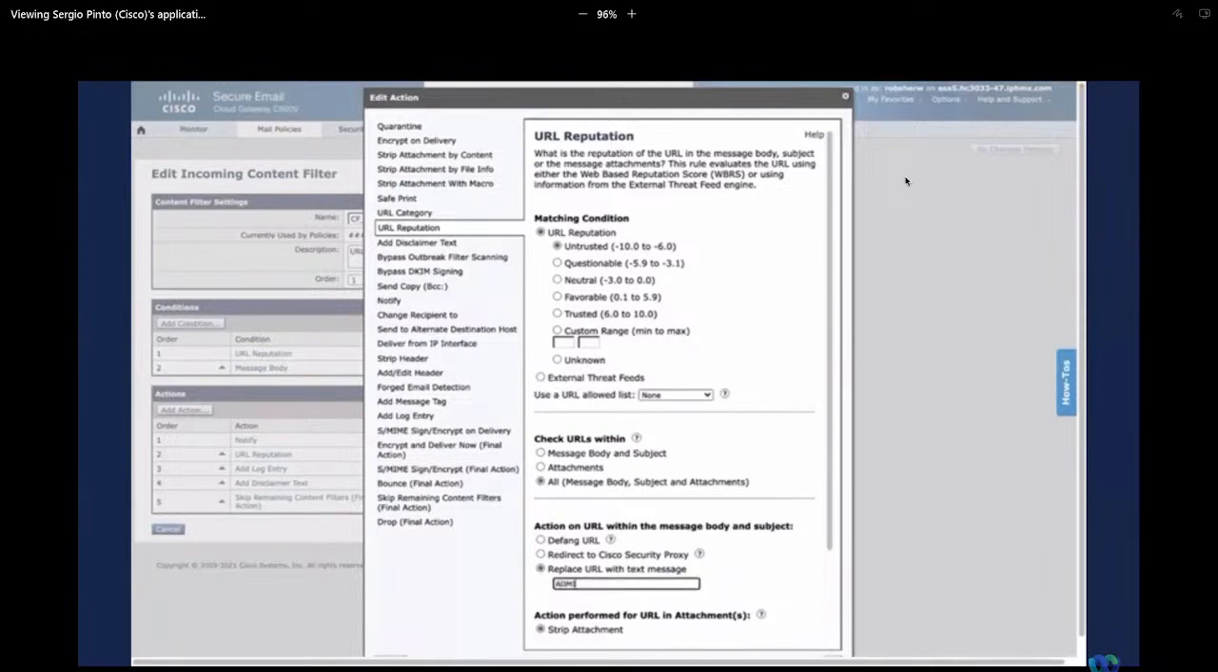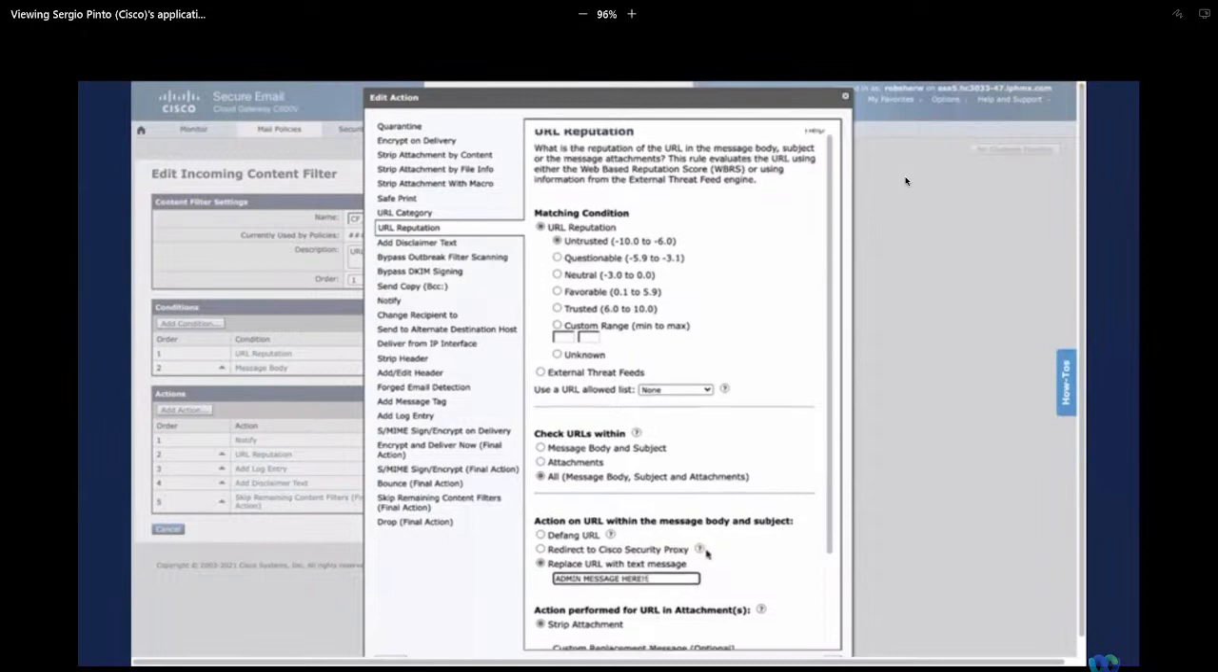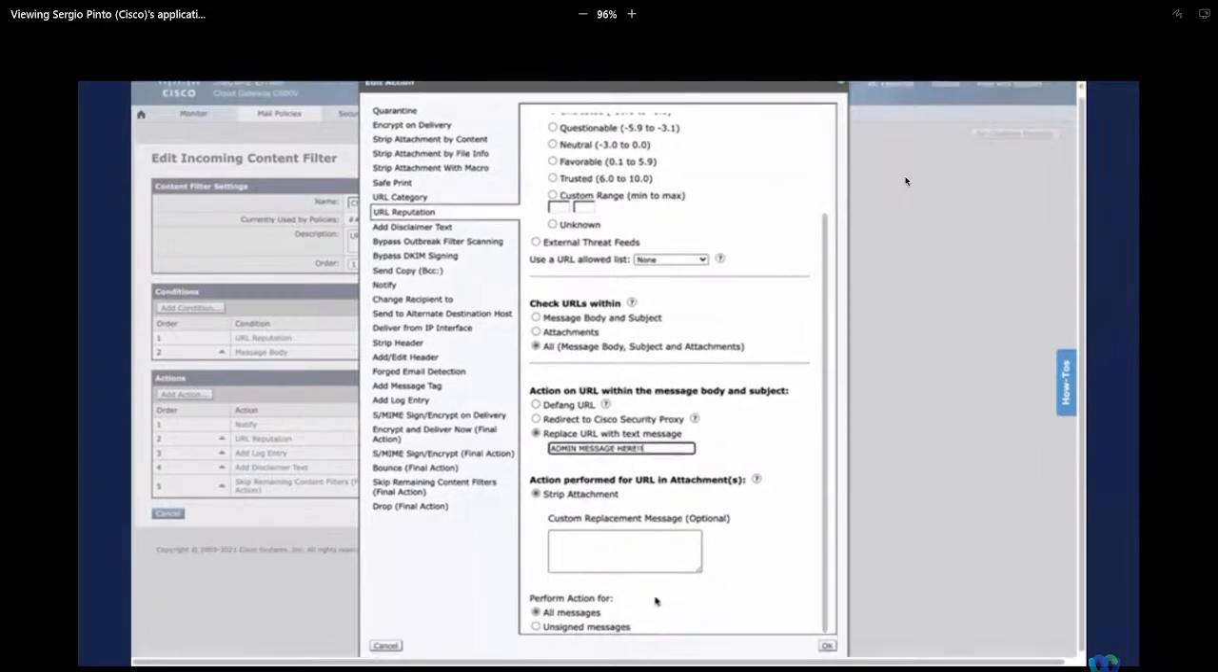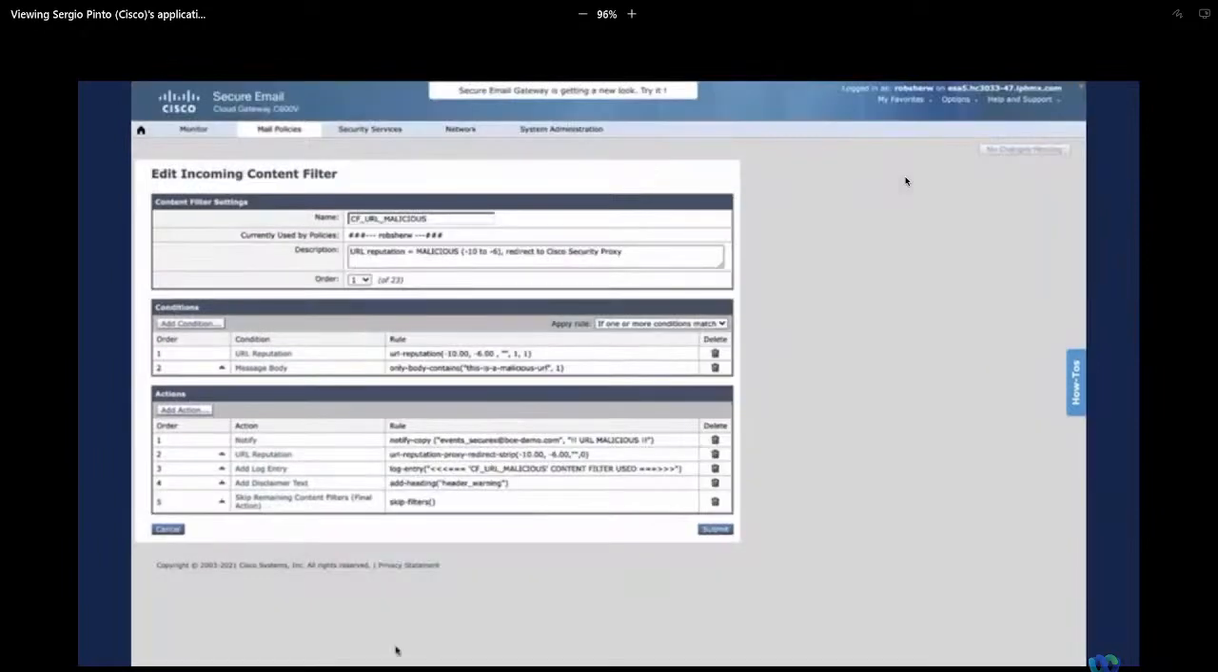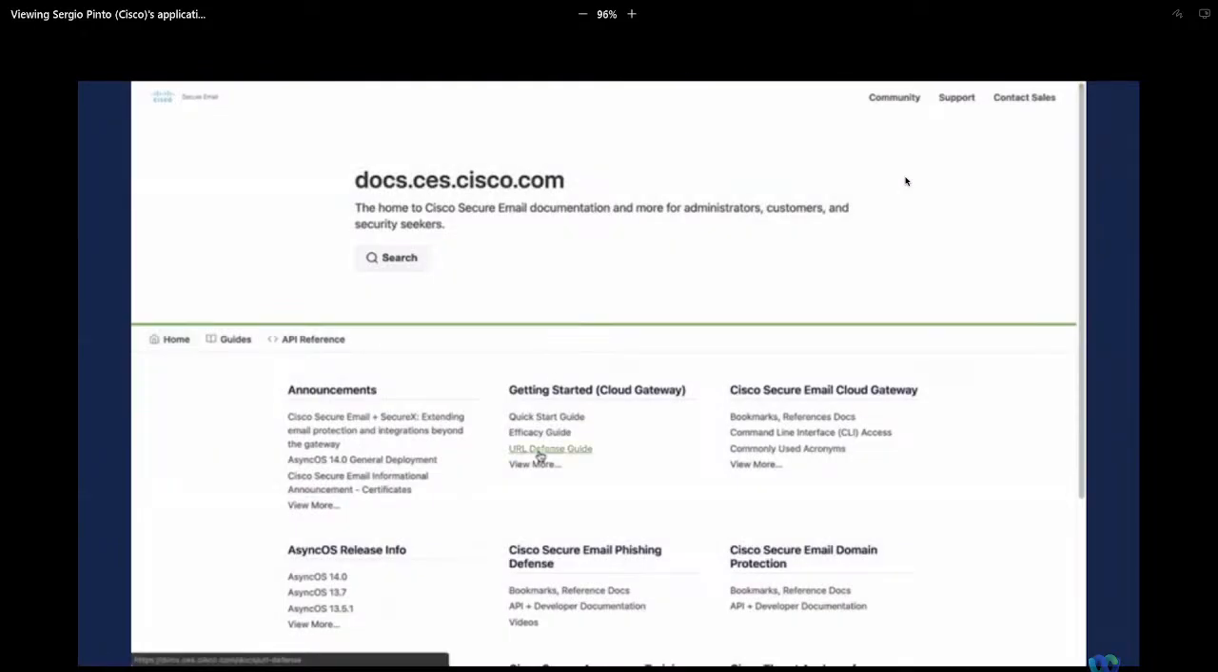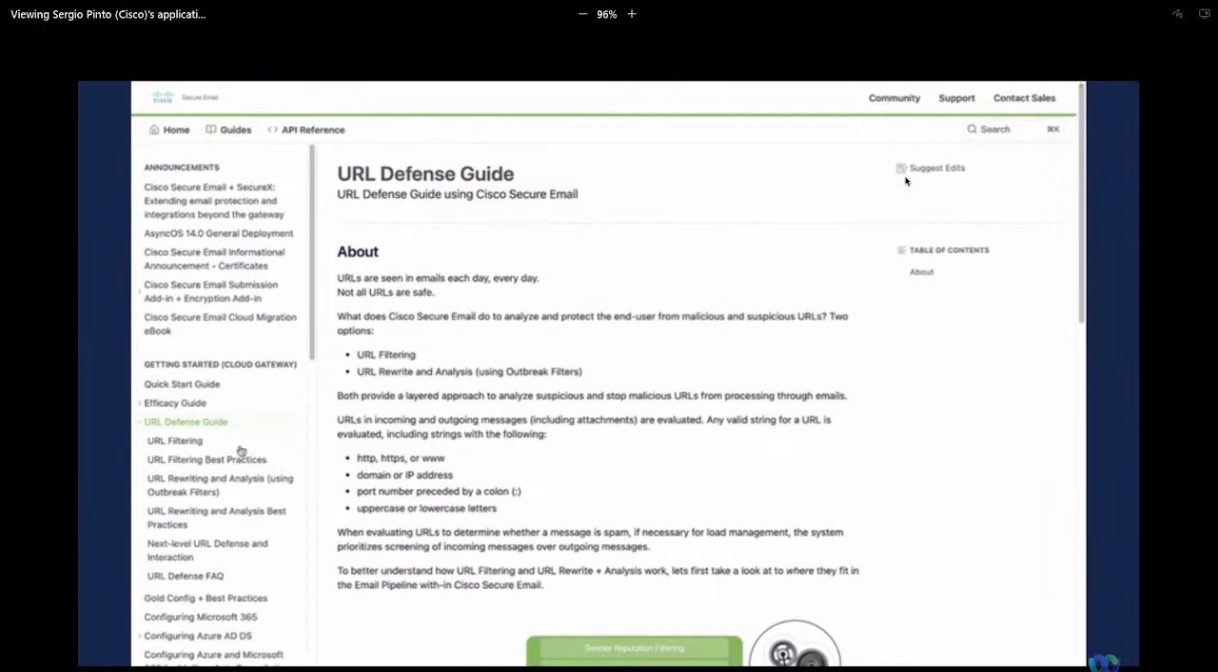We can redirect it to the Cisco proxy, which will show a preview of that URL before the user enters it, or we can replace the URL with a different message. We can add entries to our log, we can add disclaimer, etc. This site,